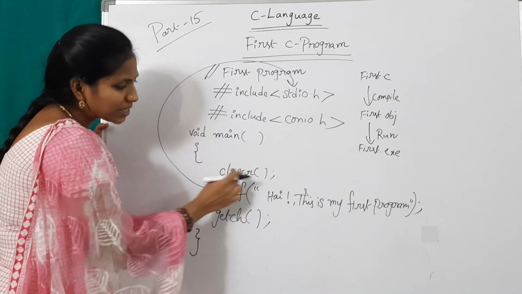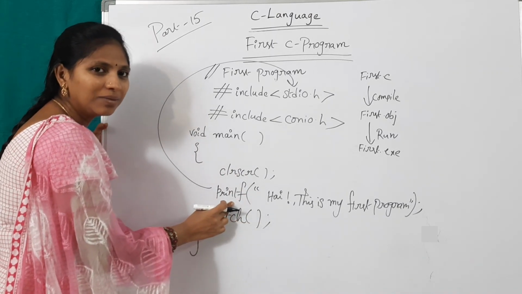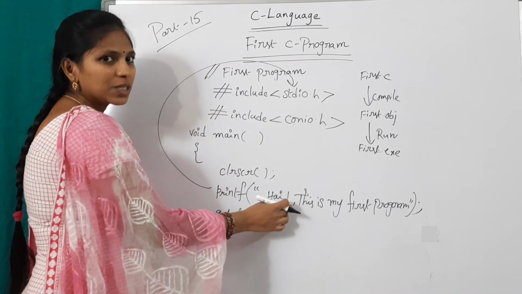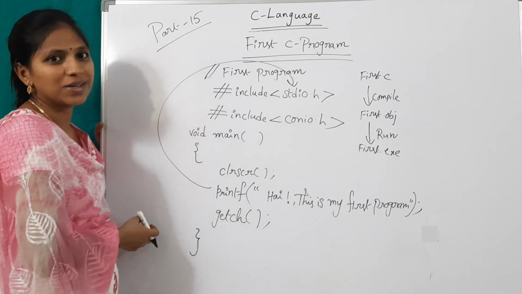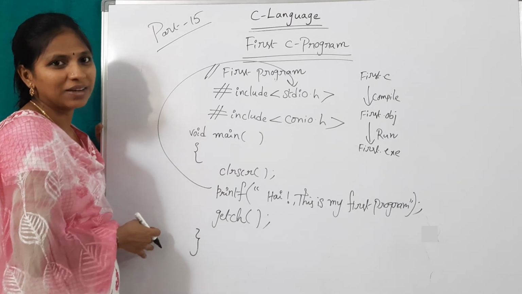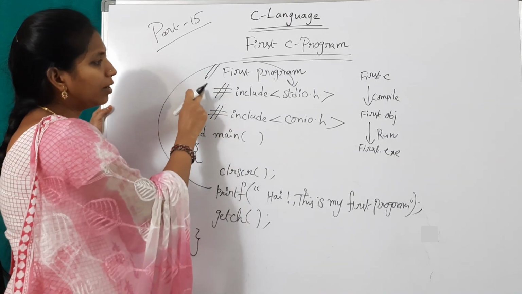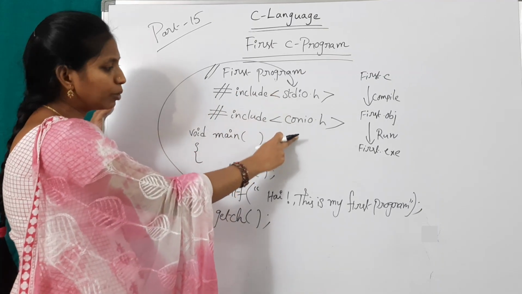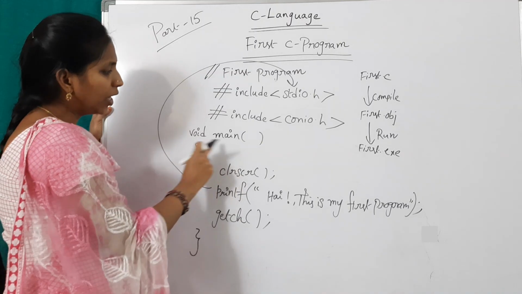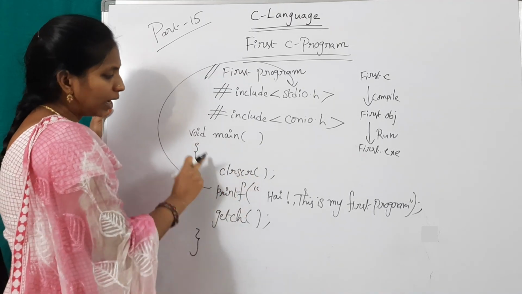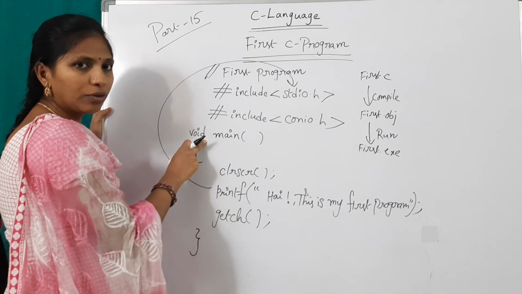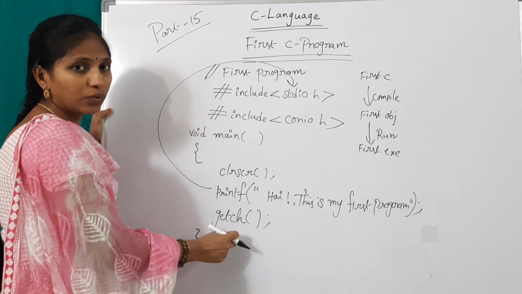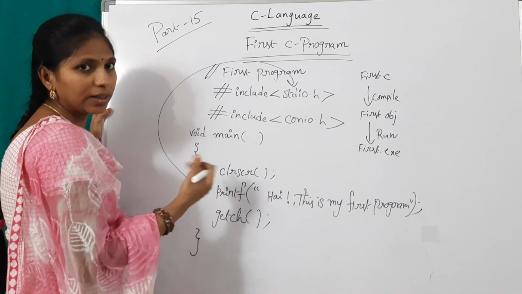For suppose if I use clear screen after this printf, then we will not get any message at the result screen, because printf prints this message but clear screen clears that message. Empty output screen. And this is the comments section and these are header files: standard input output header file, console input output header file, and the main function section, void main. If you use int instead of void, then write a return statement here, return 0 or return 1. I'll explain later in another program.